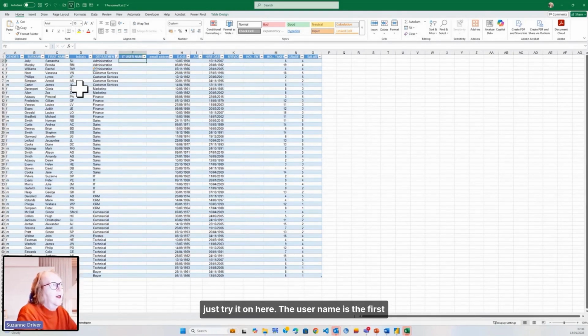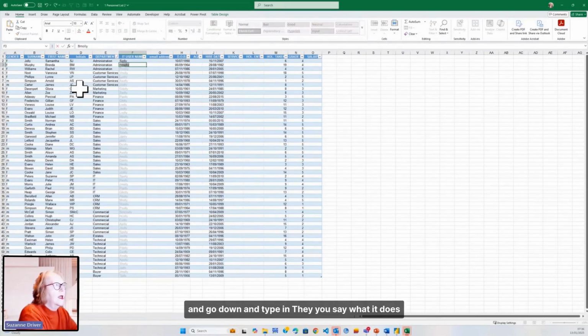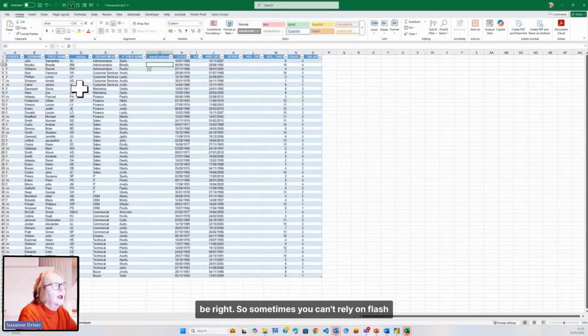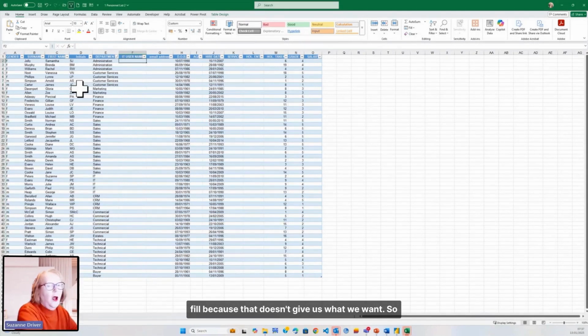The username is the first letter and their last name. So if I do S, Jolly, and go down and type in B, you'll see what it does is it picks up information, but it may not always be right. So sometimes you can't rely on flash fill because that doesn't give us what we want. So in that case, you have to use a formula where you can concatenate or join together text to say